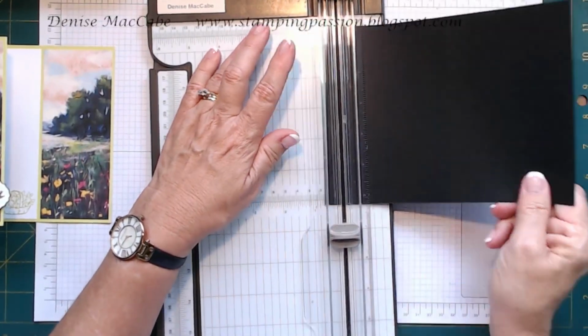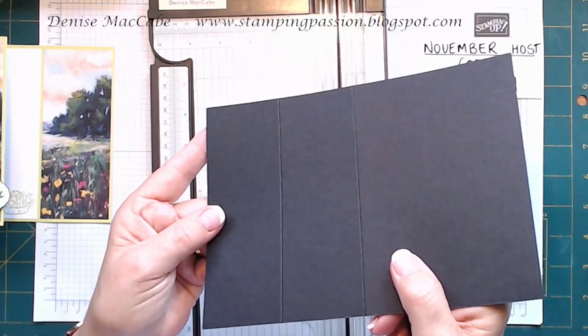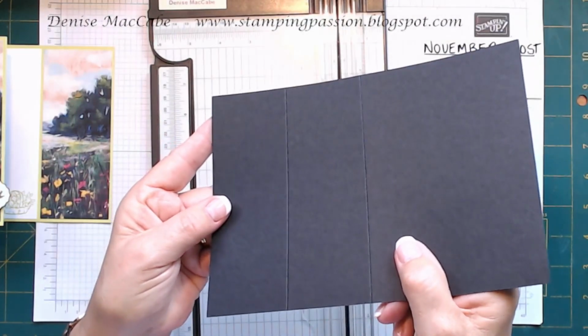And that's your scoring for that card. Probably can't see it on black. Black's a little bit hard. There we go. Black's a bit hard to see your scoring, but